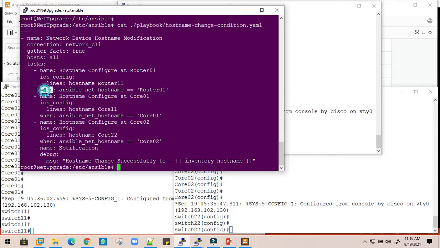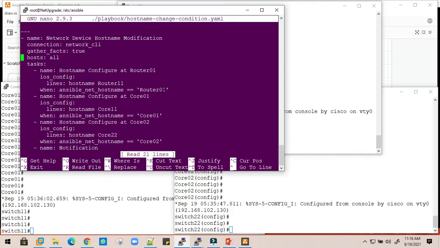And with the help of the when command, which is a conditional command, we need to check when this hostname is equal to router 01, which is not true. Let me open it in edit mode. Now here, we say when the condition is true, when the router hostname is router 11, with a small r, then it goes and changes it to router 01.